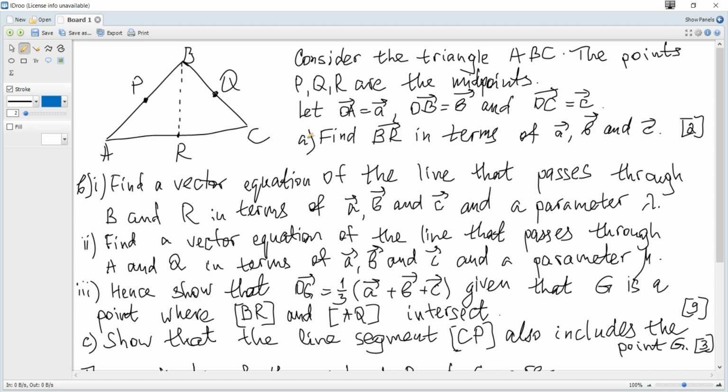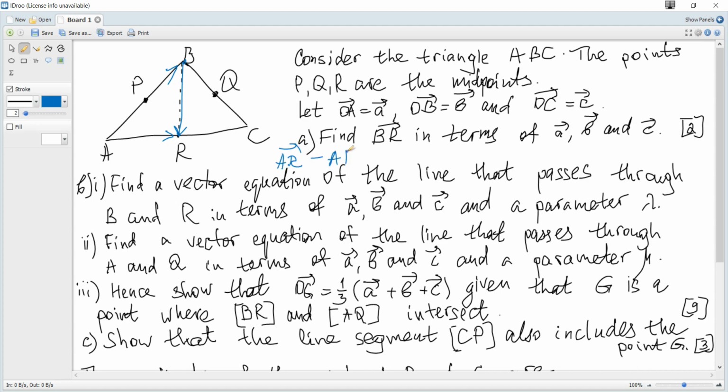Consider the triangle ABC. The points P, Q and R are the midpoints. Let vector OA be vector a, vector OB be vector b, and vector OC be vector c. Find vector BR in terms of a, b and c. So we need this vector, and we can see that vector BR, using the rule for difference, is vector AR